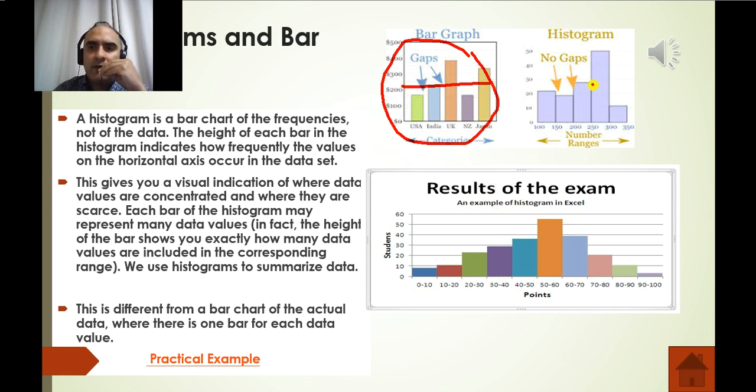So what we have to look at in here is that the majority of the numbers are between 200 and 300. Okay, so that is what we need to look at, right? So here is the majority of numbers, and we can see it in a nutshell very, very quickly. Okay, now